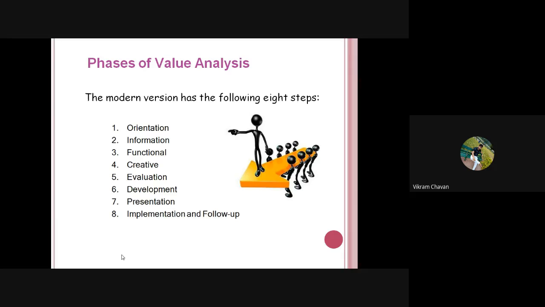Because whatever facilities are required to establish that particular plant are available there, and they have done that much research, or have provided this research related to value analysis to a firm, that firm will perform the value analysis or value engineering on that project, and the final cost of manufacturing in a disintegrated manner will be provided to the owner company, and they will take the decision on the same. Okay, so for this purpose, value analysis and value engineering is most important in the engineering sector